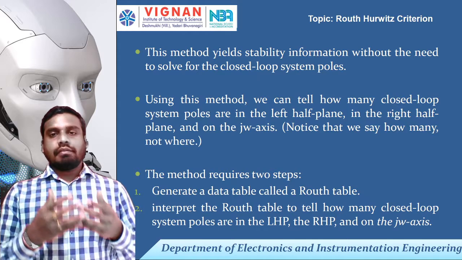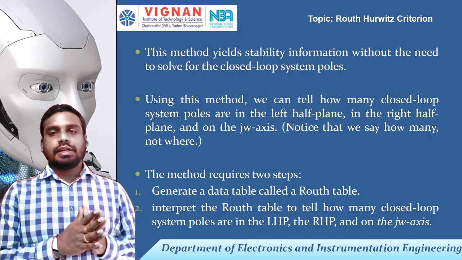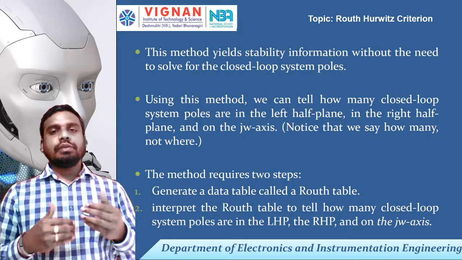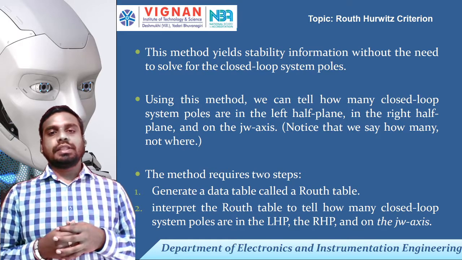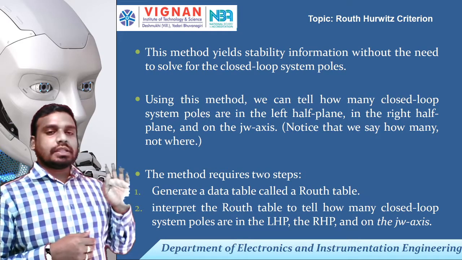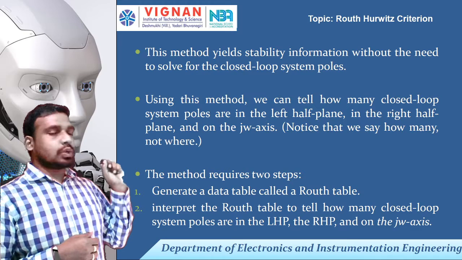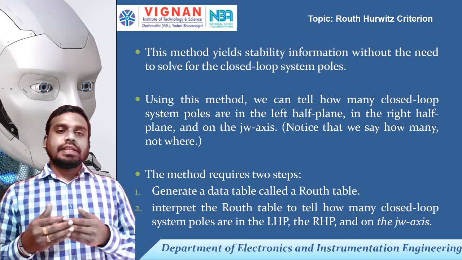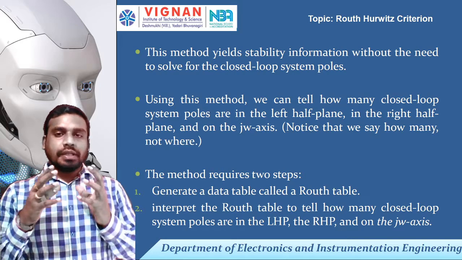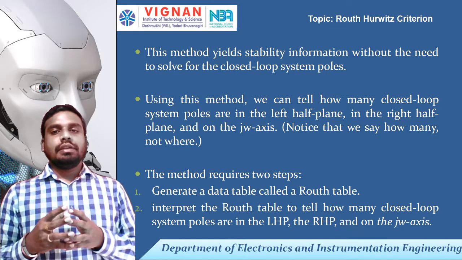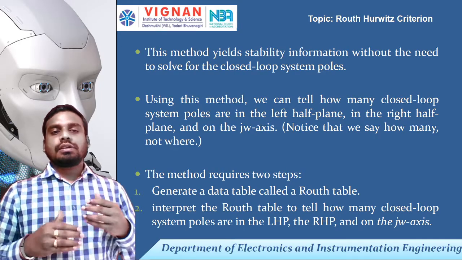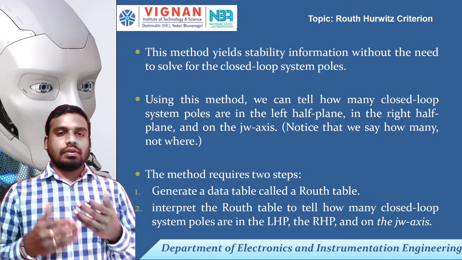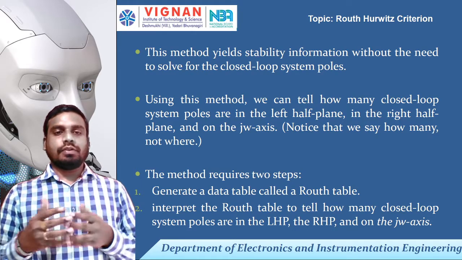So as we already have one method of estimating the stability of the closed loop system, why do we need another method? The method here is Routh Hurwitz criteria. Routh Hurwitz criteria is a method of estimating stability if you have the transfer function, or the characteristic equation, in any form.